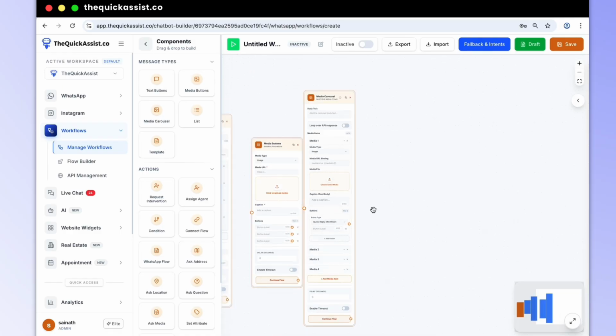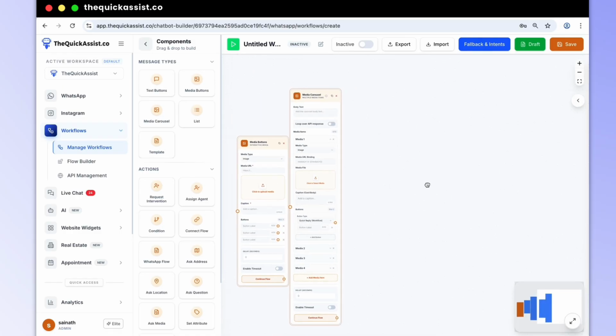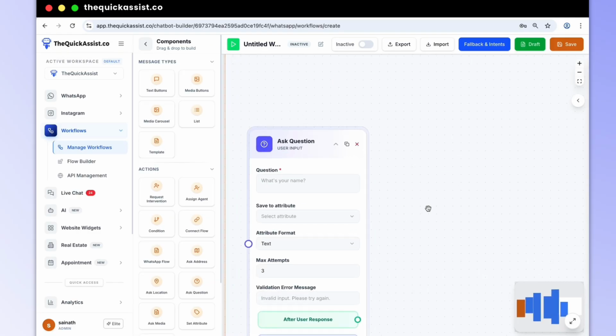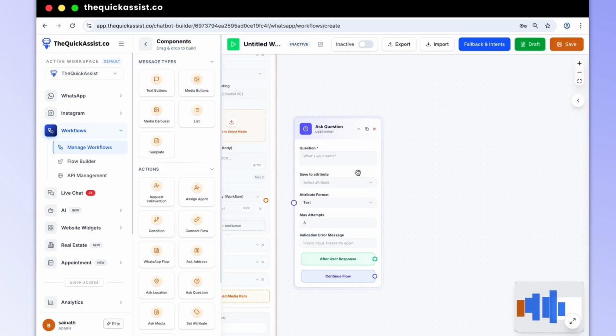Next is Ask Question button. With the help of Ask Question button, you can ask question to your customer. Suppose, what is your name? After that, there is an Ask Address button.